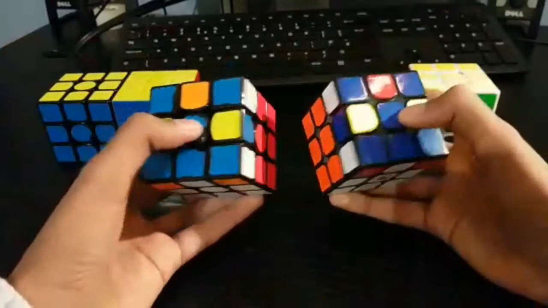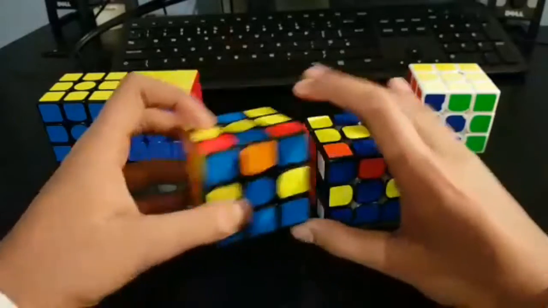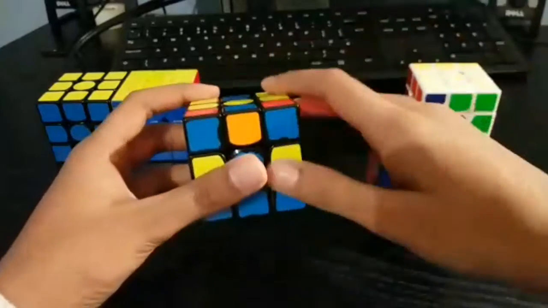These 2 are the next cases. They're basically the same, just mirrored versions. So this one is to insert this pair in there, and this one is to insert this pair over here. So starting with the first one,